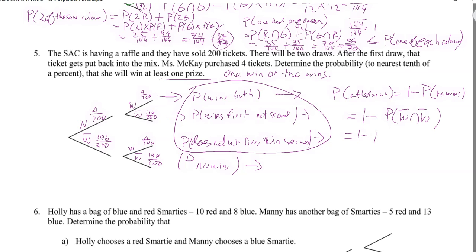Since the ticket is replaced, these are independent events. So it's 1 minus 196 out of 200 times 196 out of 200,